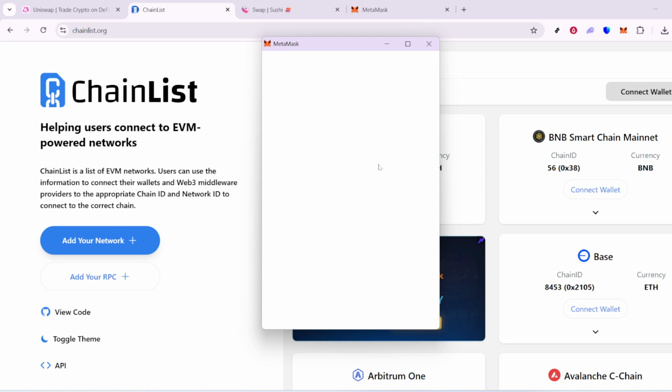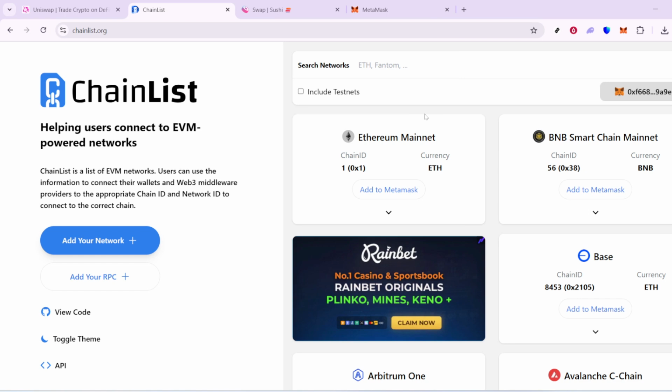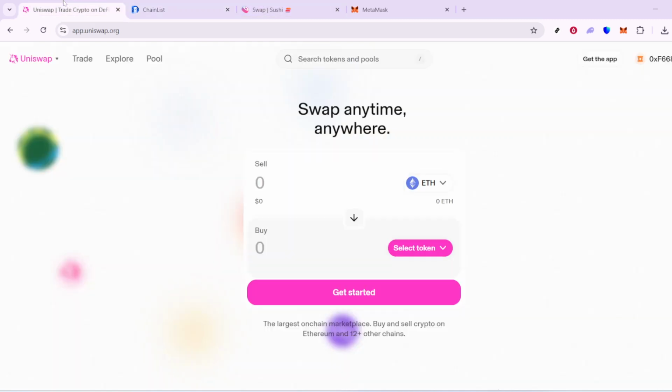The MetaMask extension will open up and present you with a list of accounts. If you have multiple accounts, select the one you wish to connect by clicking on it. Next, you'll see a Next button. Click it to proceed. This ensures that you're aware of which account you're about to use for your transactions and